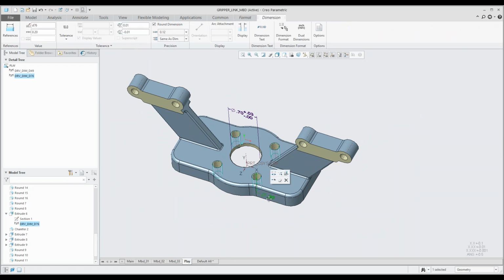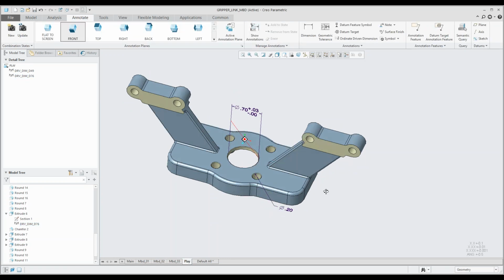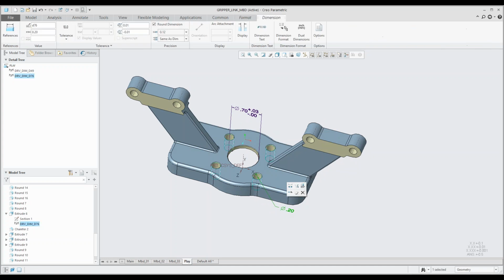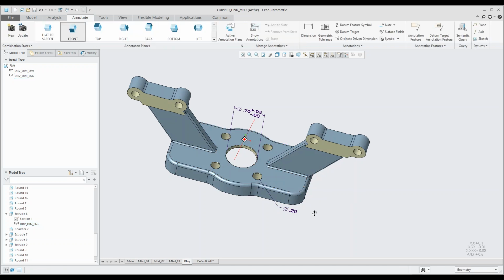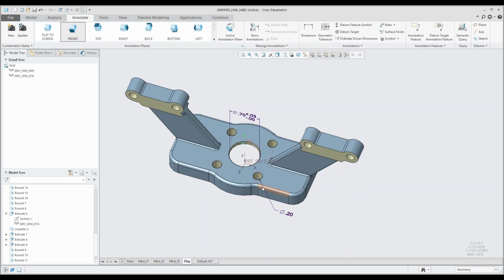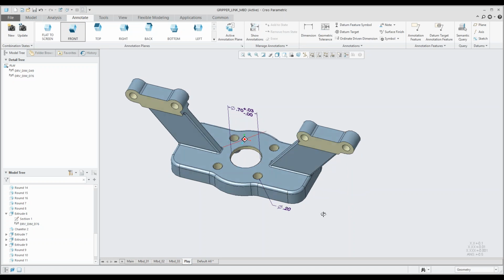So it's still just as quick as a 2D environment to place these dimensions. You also have the option to switch your arrows. So in Creo 5 they've got the mini toolbar as well. So as soon as you pick something, you have quick access to certain functions. So I just flip the arrows here as well. Okay, so something else that you can do,